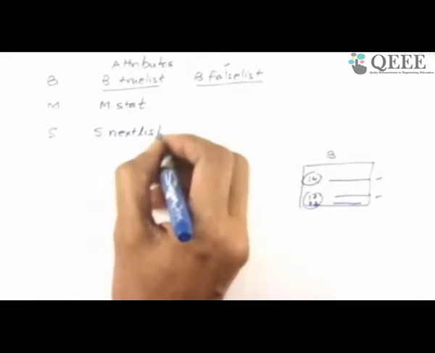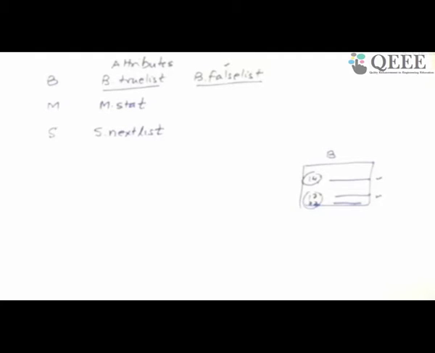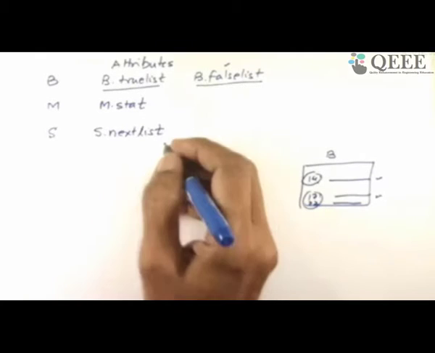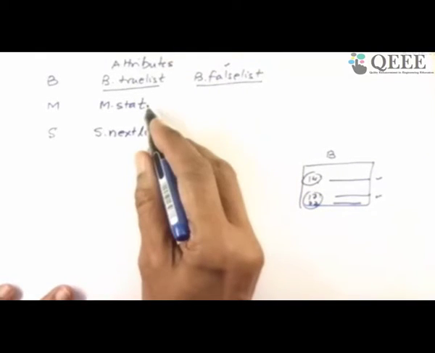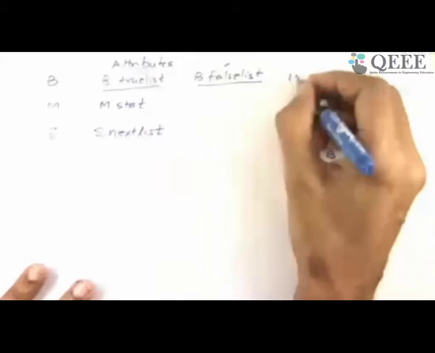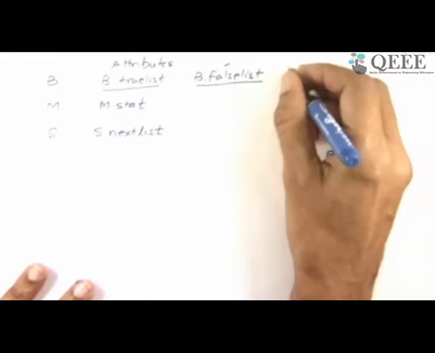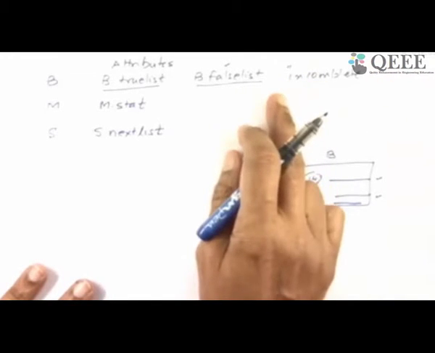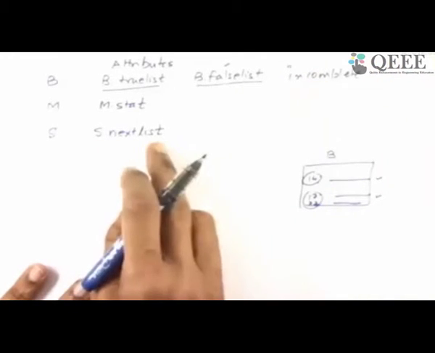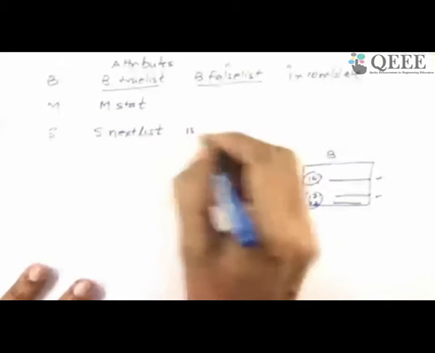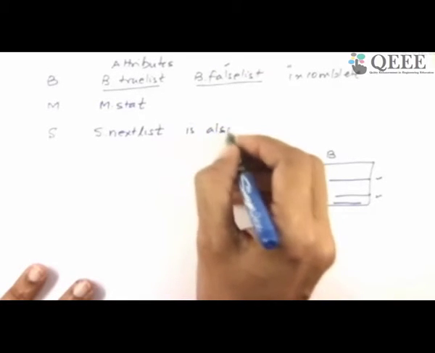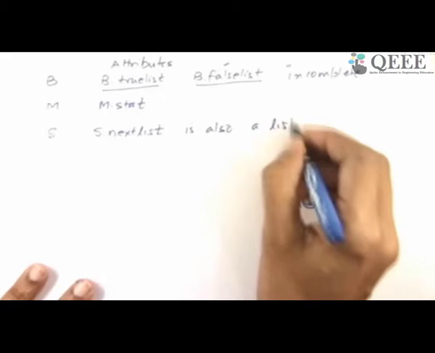It is called s.nextList. What does this mean? This is not an attribute which is incomplete. These, remember, are incomplete. So these are risks for us. I can't let them remain incomplete. The code will be broken. S.nextList is also a list of incomplete quadruples. Why do I need them?